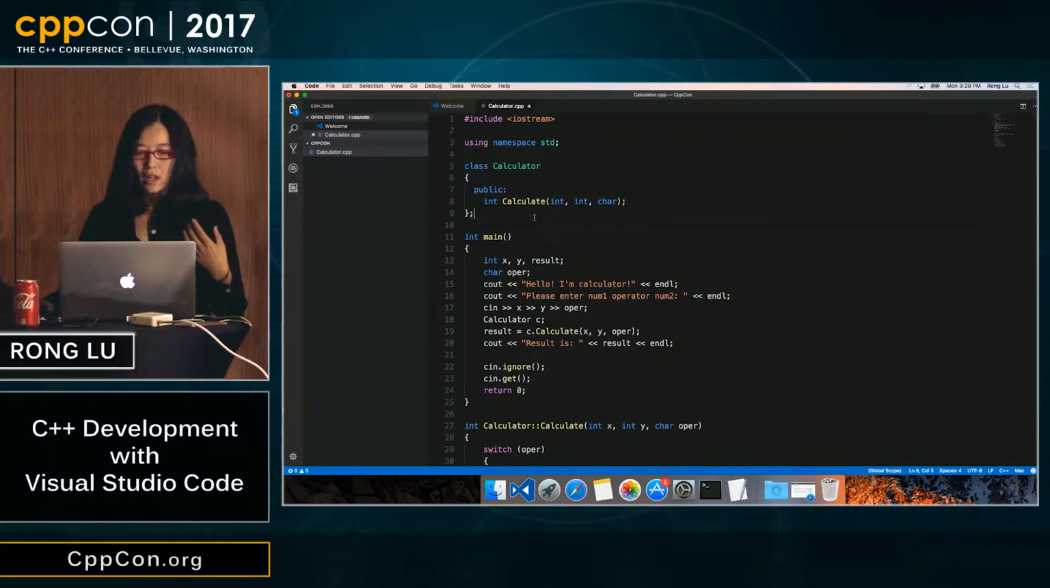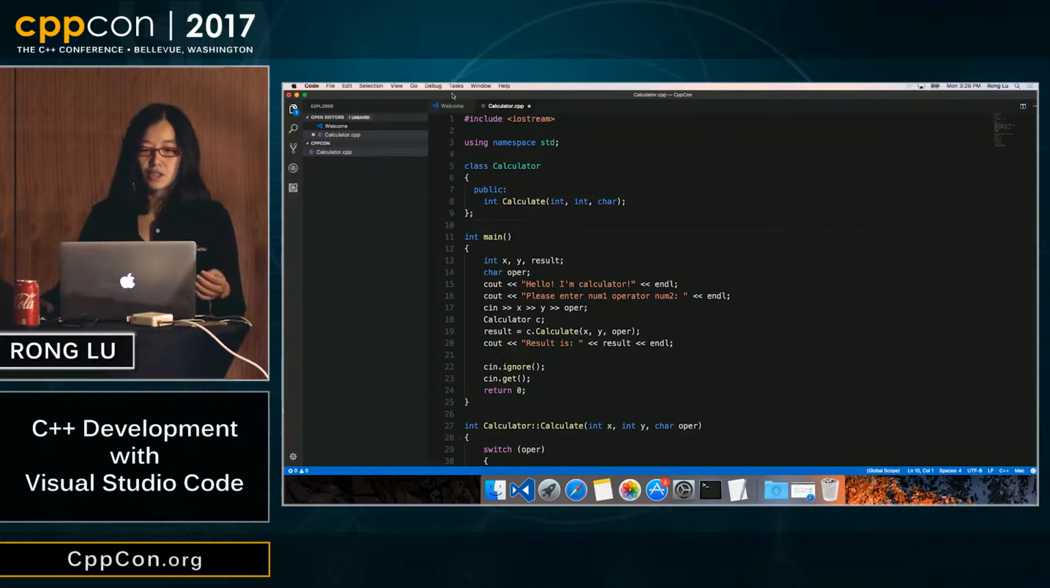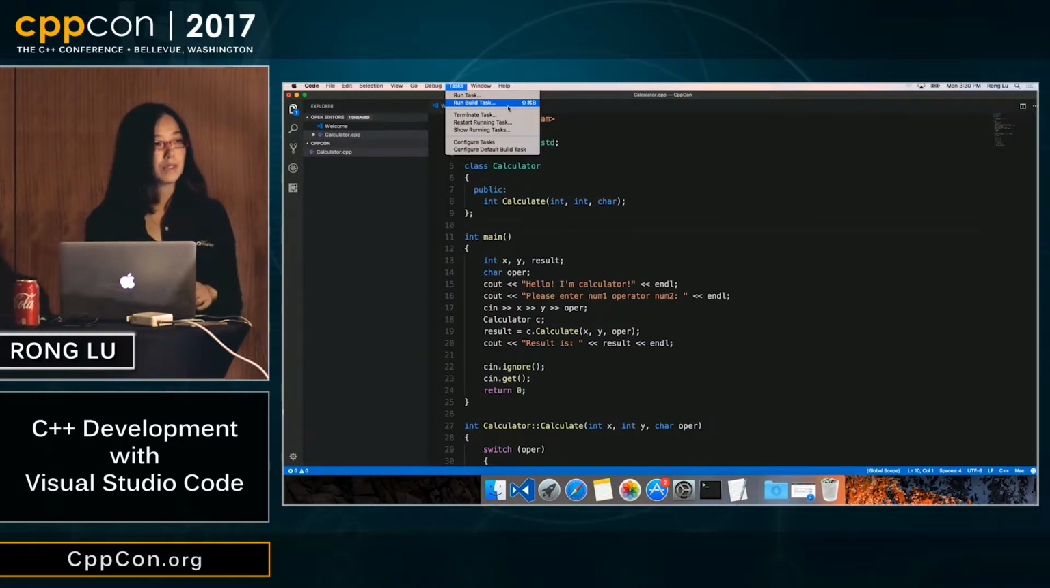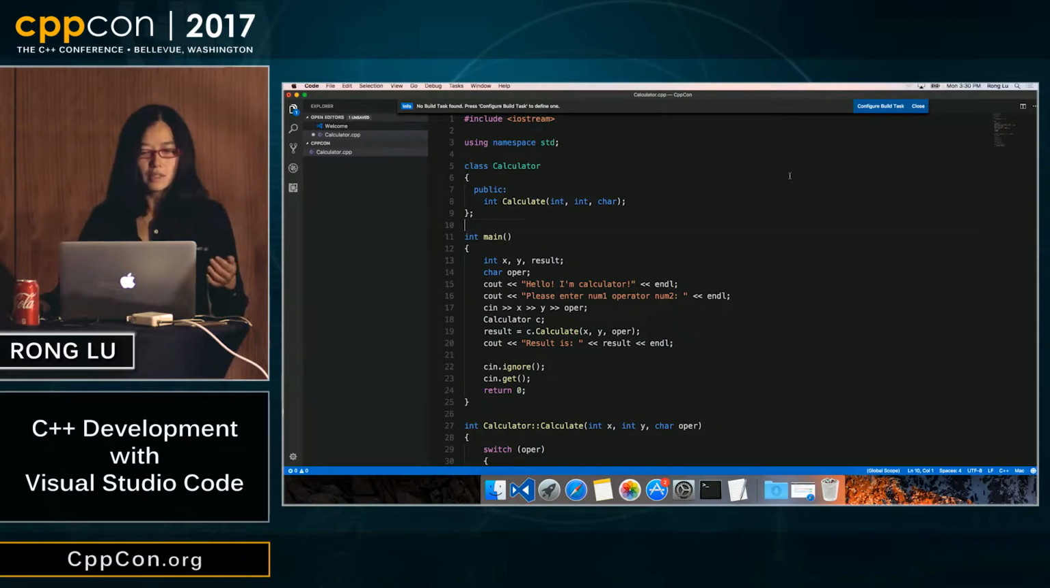Now let's do that. I'm coming from a Visual Studio background, so the first direction for me will be Control-Shift-B. That's how I build, right? It's actually going to be the same shortcut key in VS Code. On Mac, it's going to be Command-Shift-B, or if you go to Tasks, there's going to be a Run Build Task menu there. If I click on that now, it's going to tell me that no build task found. Press configure build task to define one. So basically, I need to